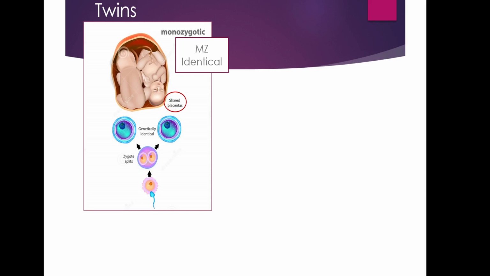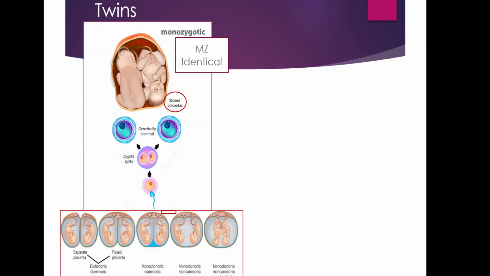Now on this little chart that I found, or this diagram that I found, you can tell I lifted it off the internet because it's got a watermark on it showing I didn't pay for it. So I apologize to the webpage I stole this from. It marks here, and I put a circle around it, that they always have shared placenta, which is not exactly true. I stole this picture from another source off the internet, which is a really great diagram because it shows us